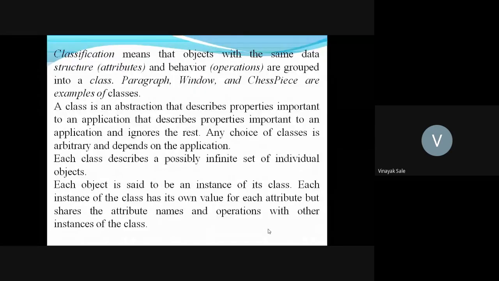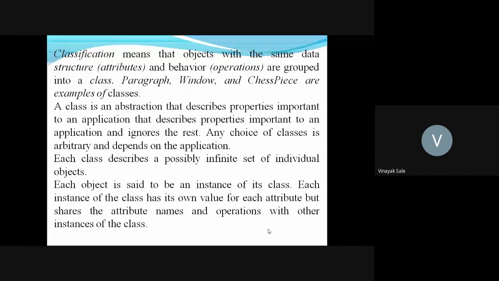So then classification. Classification means the objects with the same data structure and behavior are grouped in a single class. In a class, there are two parts: private part and public part. And a third part is the protected part, which is used in inheritance. But we will consider only two parts: private part and public part.